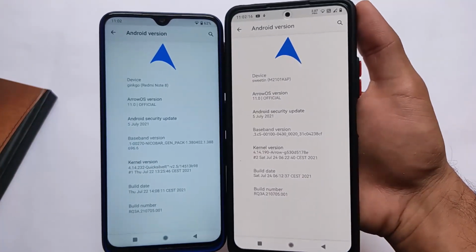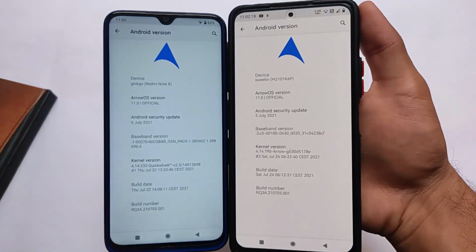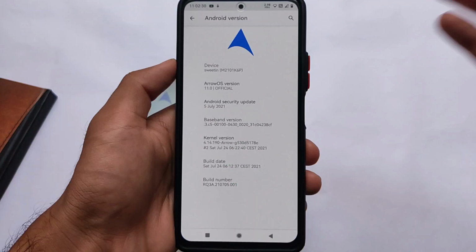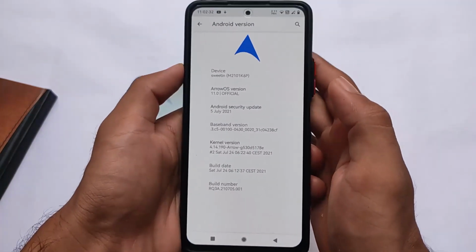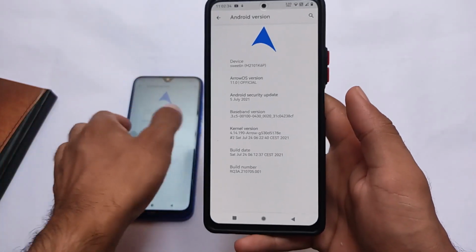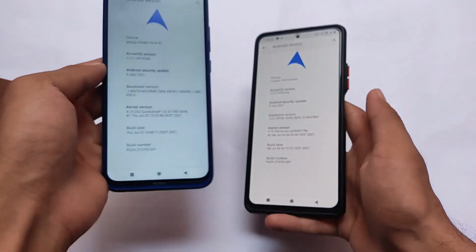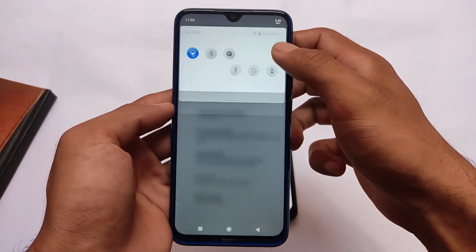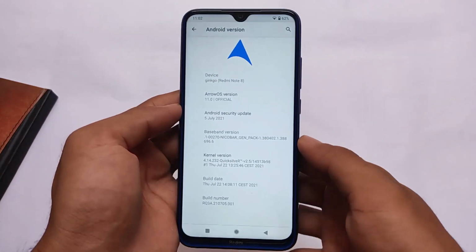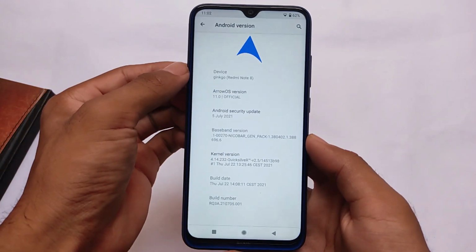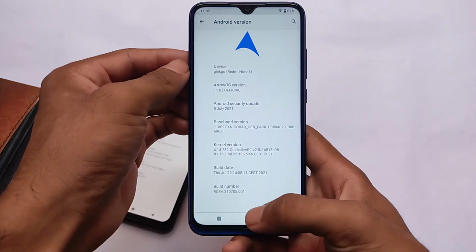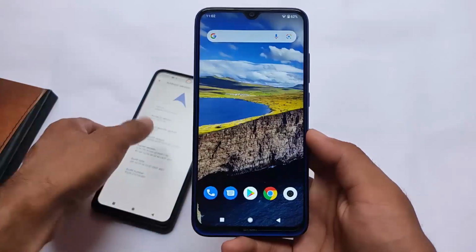As I was talking about Arrow OS, it is a custom ROM with some useful customizations. It doesn't contain many interesting features, by the way. It comes with some useful features which you need in a custom ROM. This one is Arrow OS in Redmi Note 8, and the previous one was Redmi Note 10 Pro. Features and everything else is almost same. We are talking about this official version. So the official version has almost same things in both of these devices and all of the devices which I have already mentioned with you earlier.